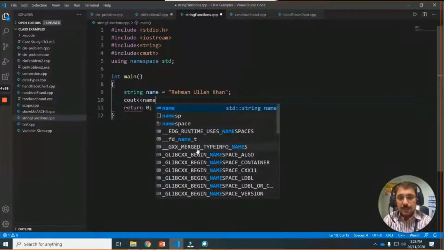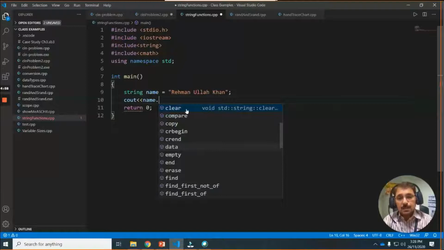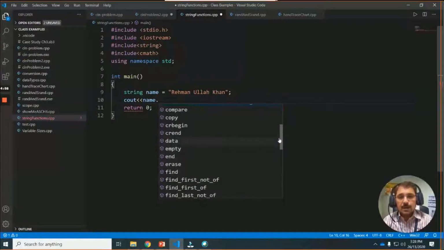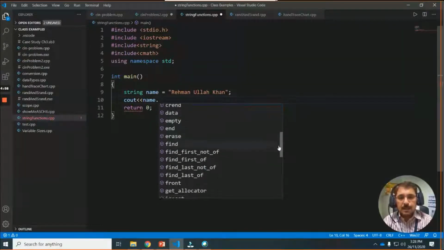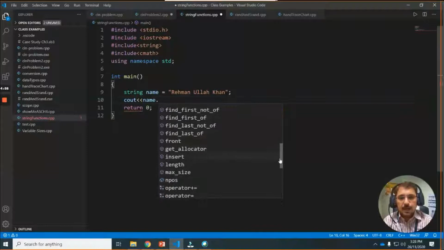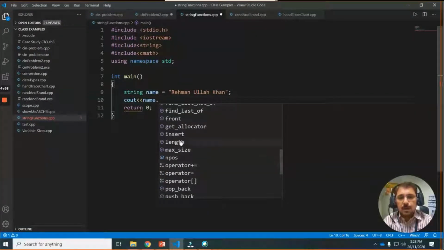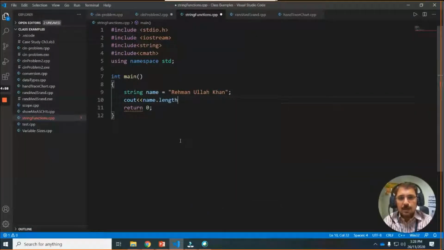If you press dot after this name, you see this many functions of string, like copy, crbegin, data, empty, and find. Okay, I want to show you the length one.